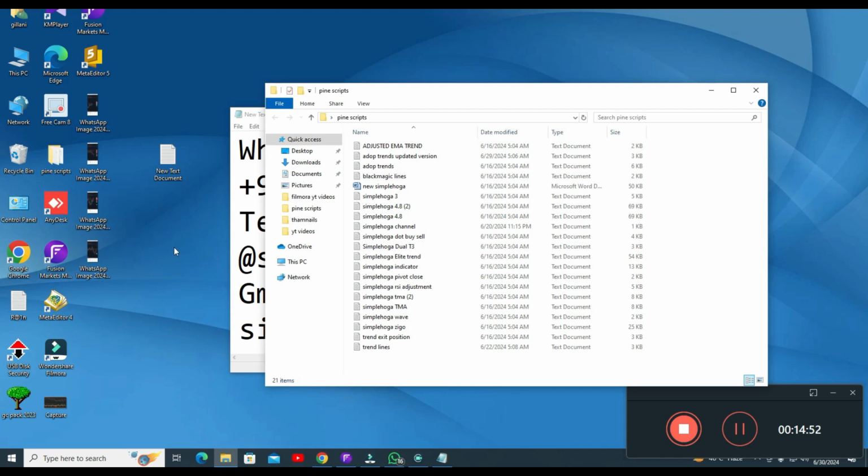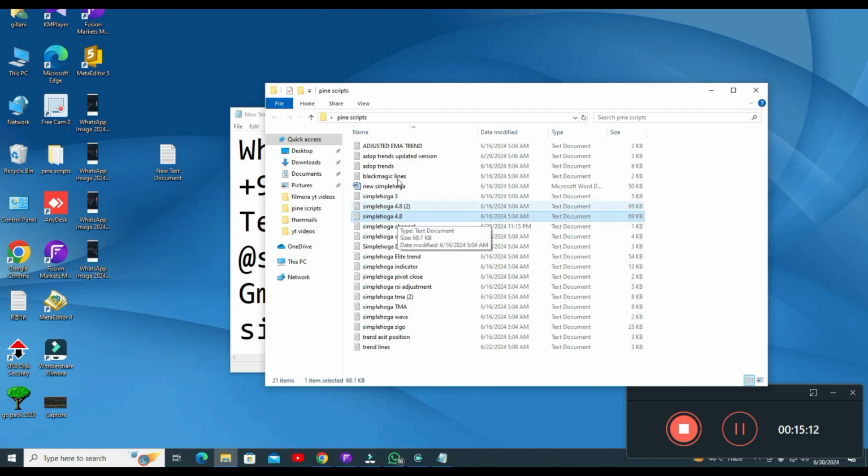Okay, the remaining ones are not so important, but you will get all my scripts. There are multiple indicators here. These two indicators are the same, just this one is the previous version and this one is the latest version. Here you can see two of the same indicator, and this one is the latest version and this was the previous version.